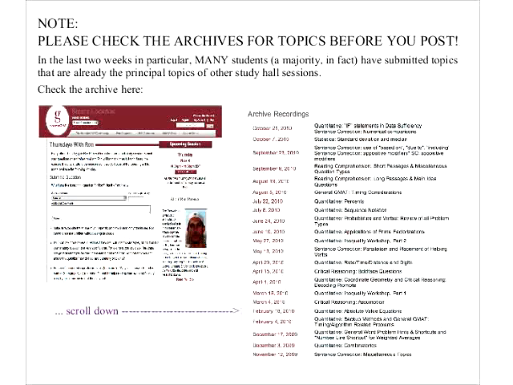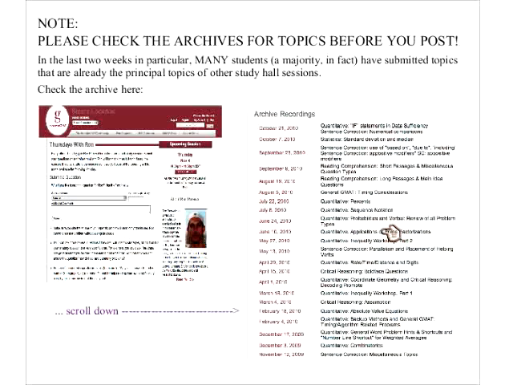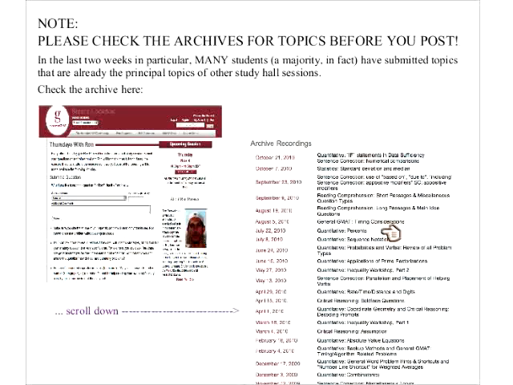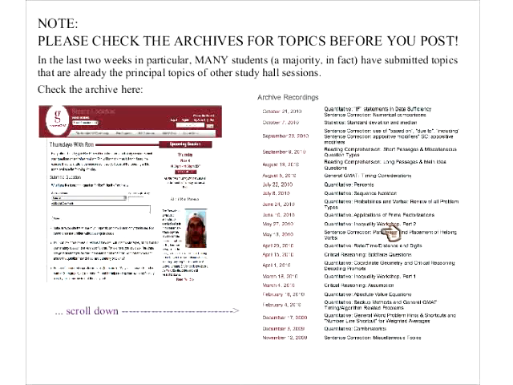Okay, here's the examples again from before. You've seen these in previous sessions. Also, please check the archives. The archives are very big. At this point, the archives contain almost 30 topics. So if you are submitting something, take a look through the archives and see if it's in there before you submit it, because there's a lot of stuff that we've already covered. I'm going to try not to repeat topics because I want to make sure that each study hall is new and different.